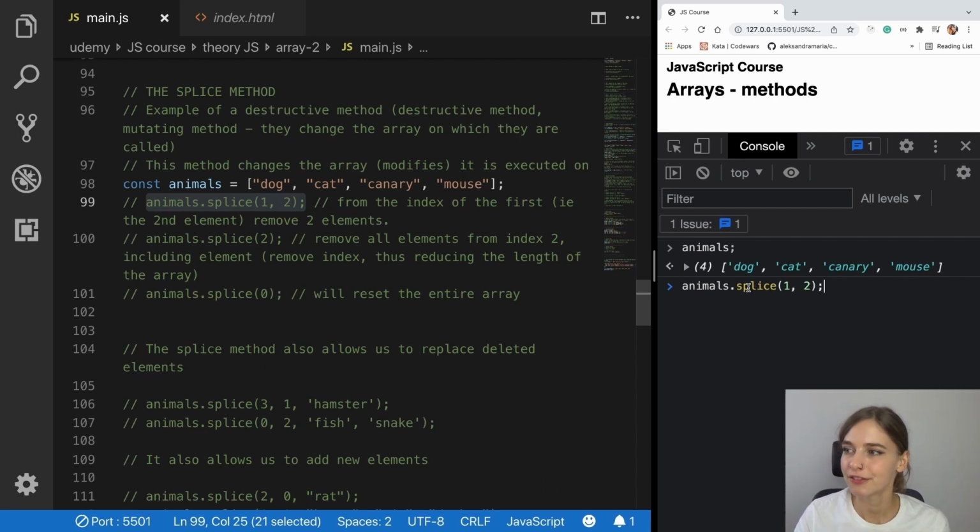But in fact, this is slightly different. So again, the first parameter is the index, where we want to start splicing. But the second parameter here, this 2, doesn't mean the index, but it actually stands for how many elements we want to remove. So if we wanted to start at index 1, that would mean that we want to start with the cat, and since we want to remove 2 elements, that would mean cat and canary. And